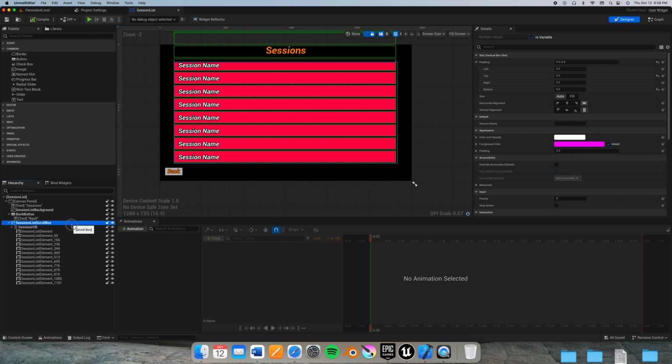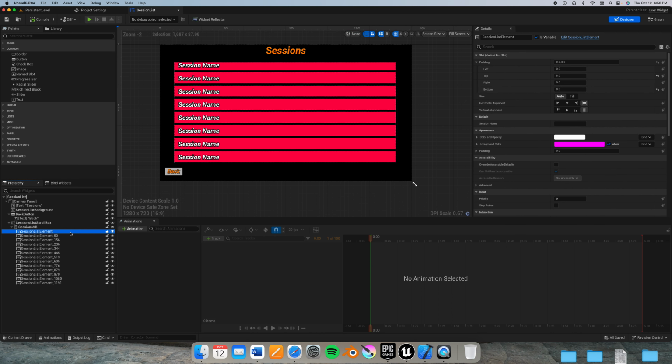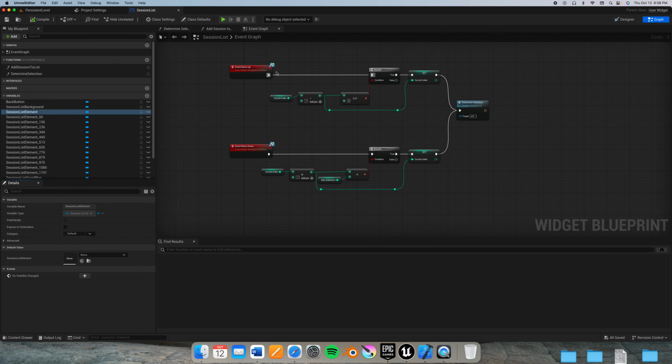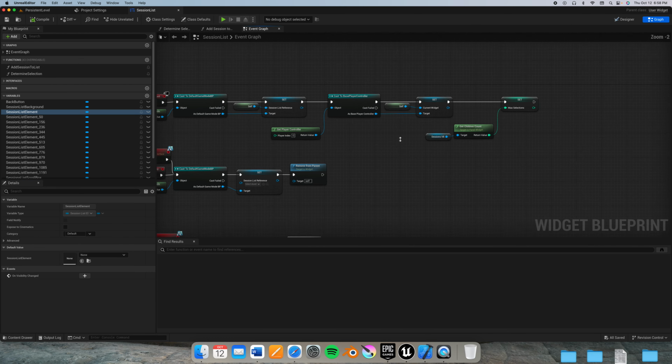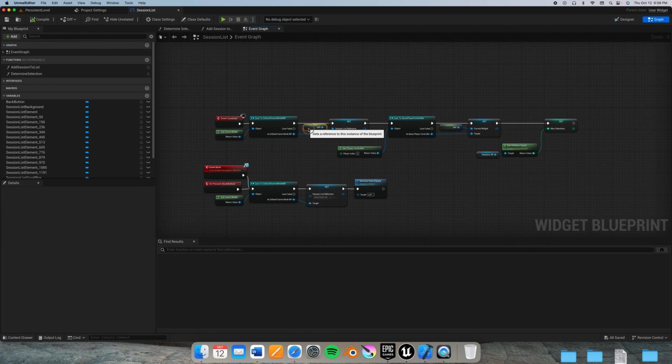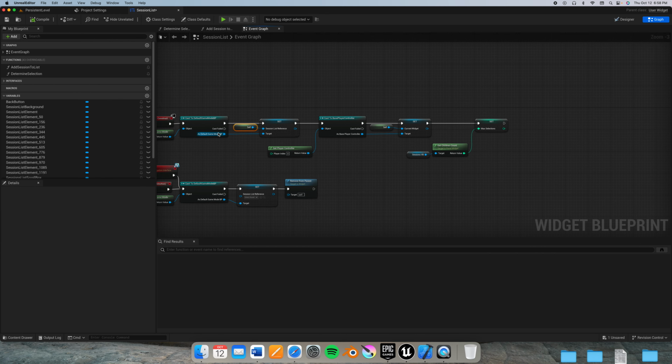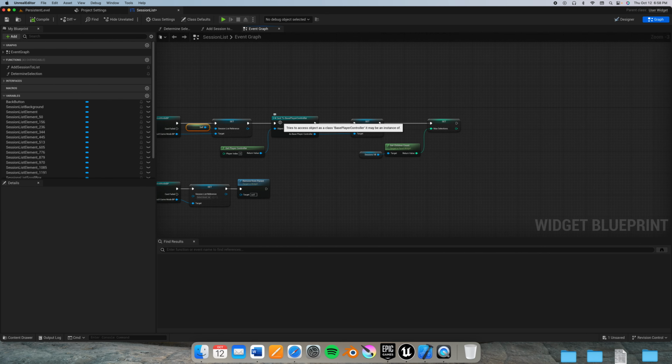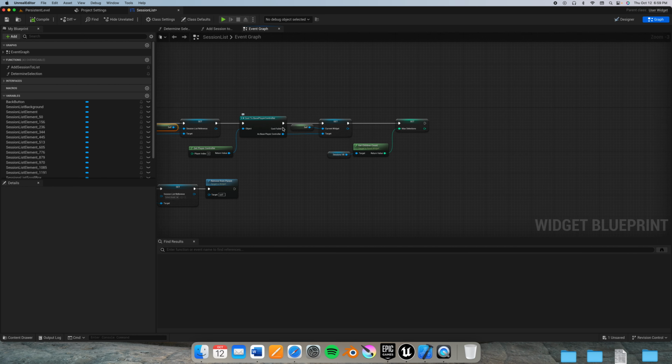Now in Session List, I've added at least 13 Session List elements in the Sessions vertical box. Now going into the graph itself, there's a few things to add. After setting our Session List reference to itself, and the target being default game mode blueprint, I cast to base player controller, set current widget being the self,